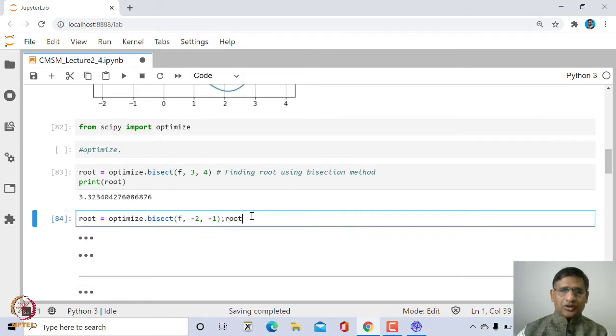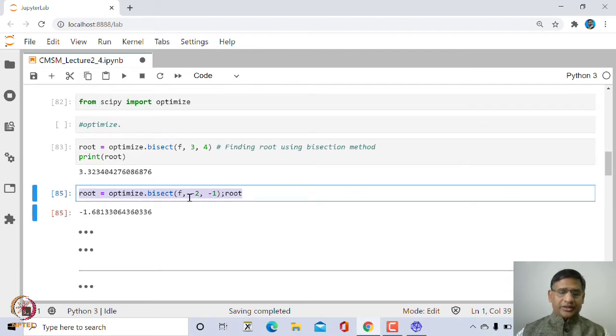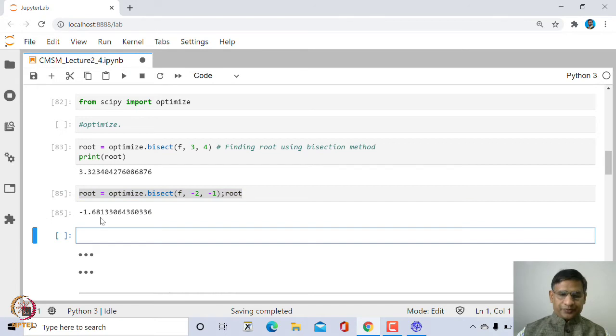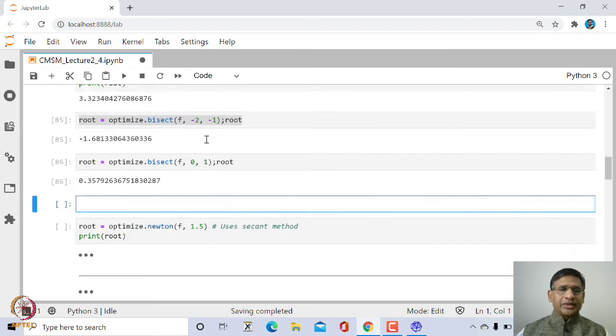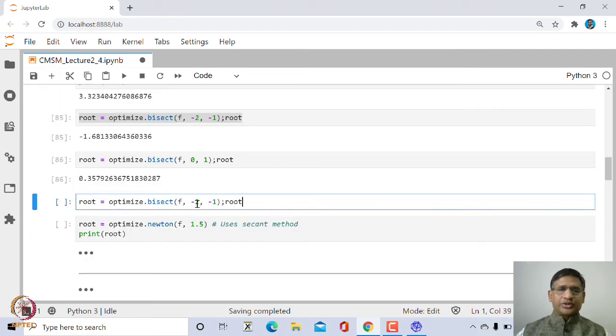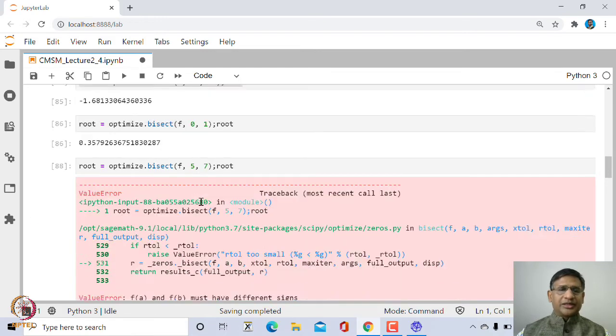If you give an interval between 0 and 1, then you will get a root in the interval 0 to 1. However, if you give an interval in which it does not have a root, for example 5 comma 7, then it will give you a value error.